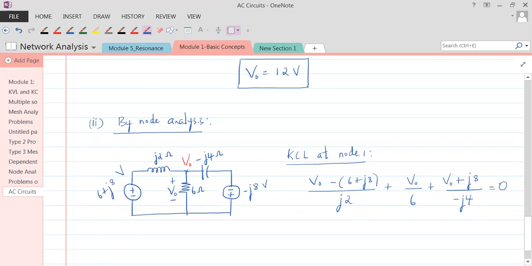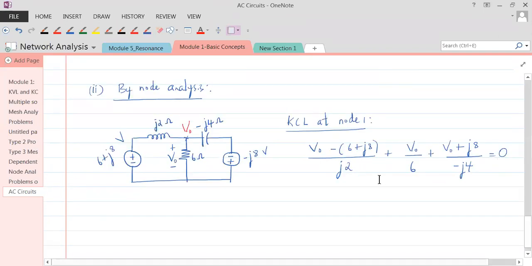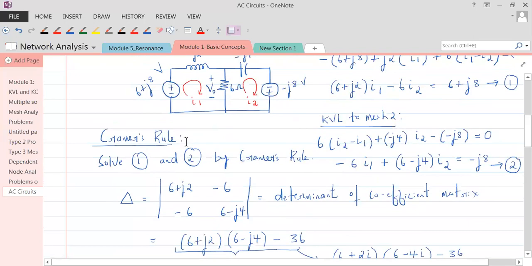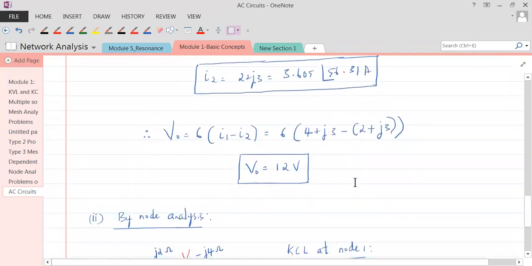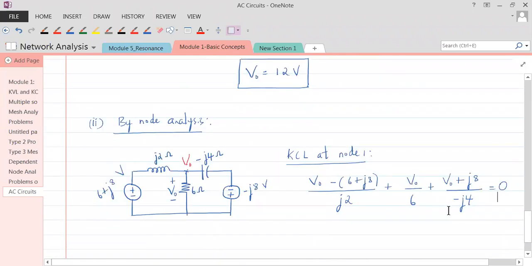Is everybody okay with this? Now how to deal with this? Now you don't need Cramer's rule because we don't need 2 equations here. Last 10 minutes left, I'll be rushing through. Just see here, Cramer's rule is not required. When is Cramer's rule required? When we have to solve the equations to know the unknowns. But here there is just one unknown and one equation, so Cramer's rule will not be applicable here.